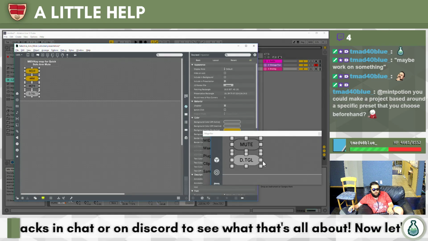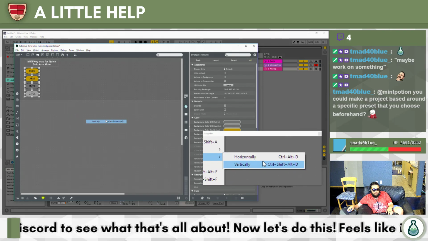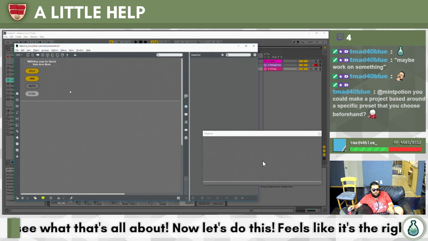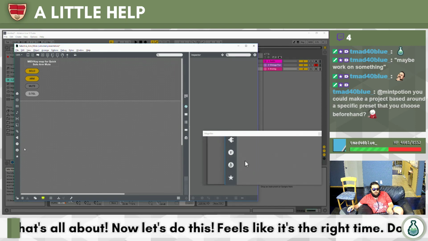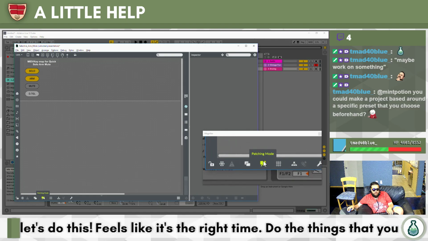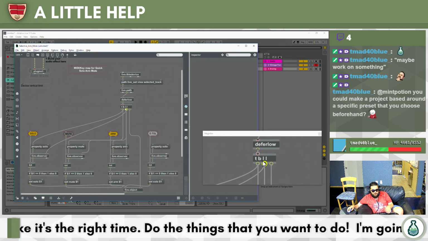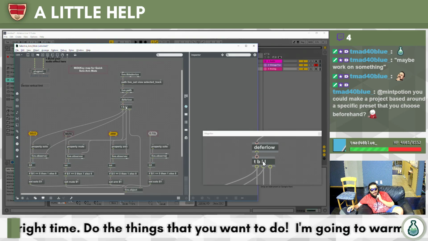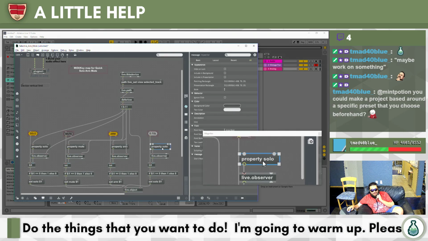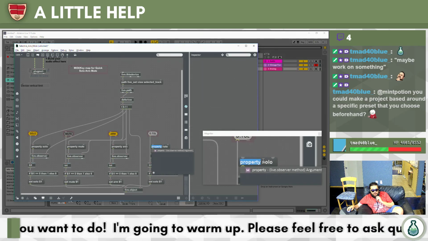I think there's a way to distribute these guys vertically. Let's make them all even. And I can save it, I guess. Wow. But I don't want to do that quite yet because I'm not actually addressing, like, here's whatever my selection is from this, what looks like a list. I'm going to change this object that we're actually going.